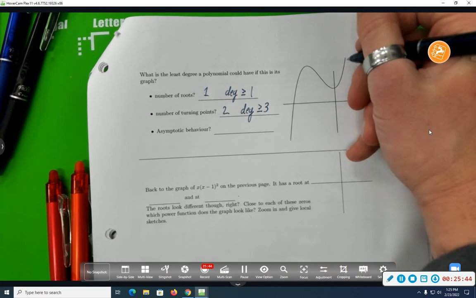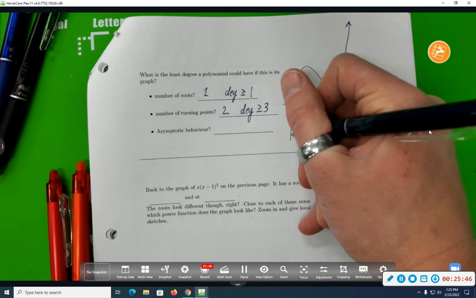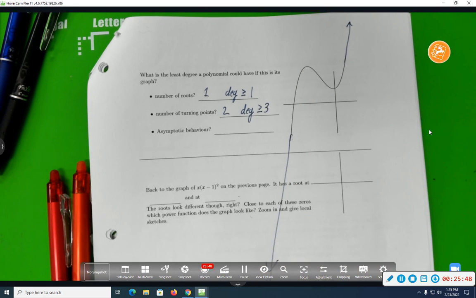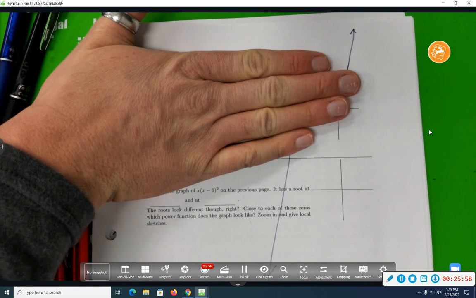So imagine these extended on forever. Don't do that to your notes. It'll make your notes unreadable, but I'm okay with it on mine because I have no eraser. So if you were to imagine zooming out of that graph so that you couldn't even see that behavior in there,